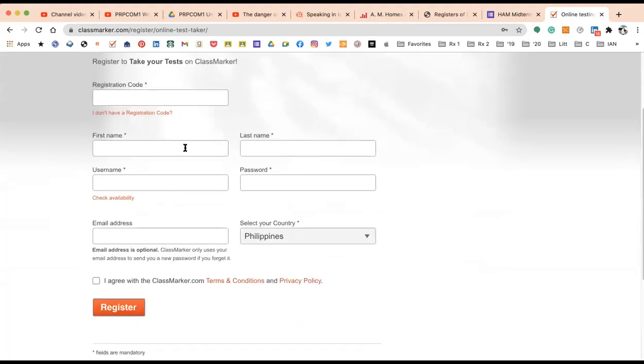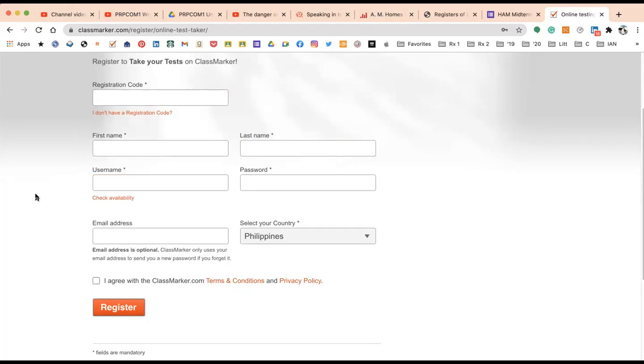For the first name, write your real name, and for the last name, your real family name. Please don't be jeje. Do not put something like Ivan Jim as a first name only. Ivan is the first name, Jim is the last name. I will give you deductions if you don't follow my instructions. So you have to put your real name in there. Do not use your nicknames. Ivan Jim Layugan.